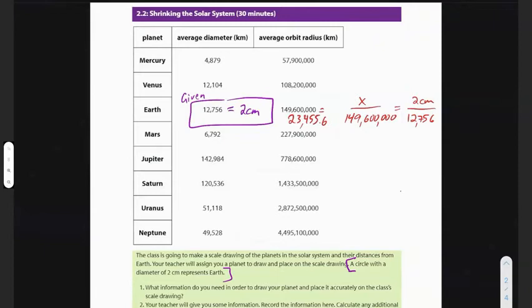Okay, if you do that, let me move it a little bit more. There we go. All right, so that's actually not kilometers. My bad. Remember, that's centimeters. The 149,600,000 kilometers is actually 23,455.6 centimeters. So if you were to draw that with the chalk on the basketball court, you'd